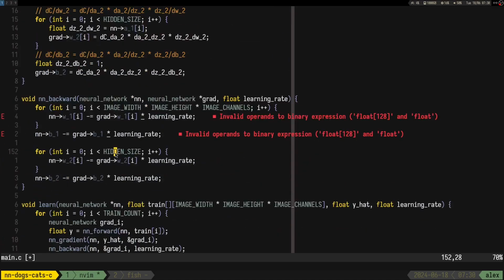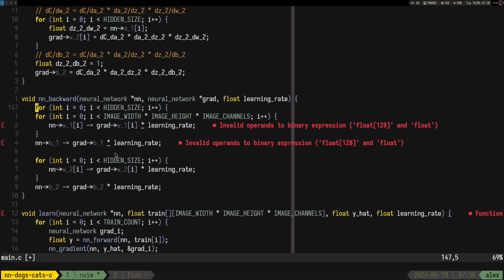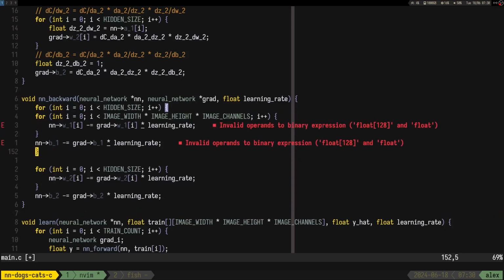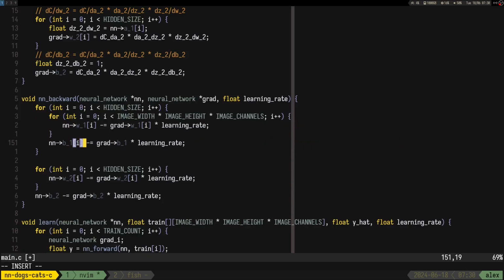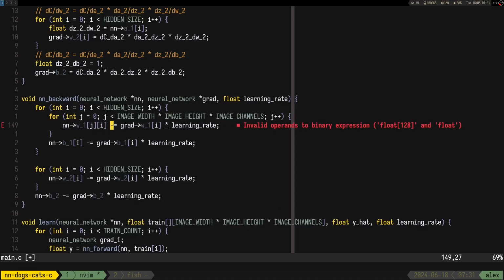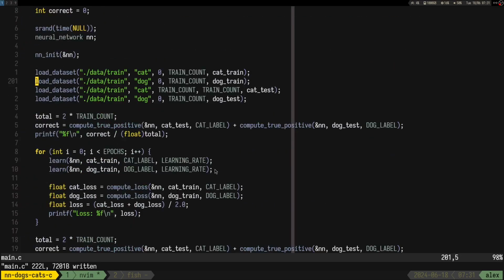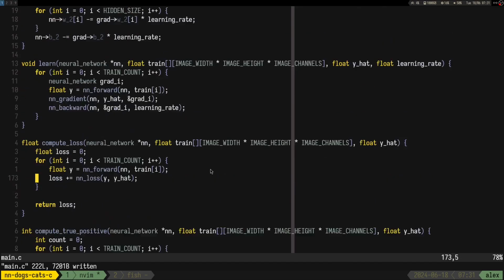And I guess the first layer works over the hidden size as well, but it also works over J. Something like this, right? And I think, strangely enough,